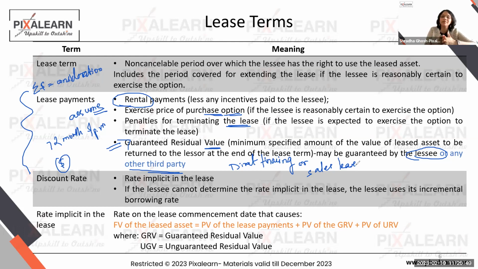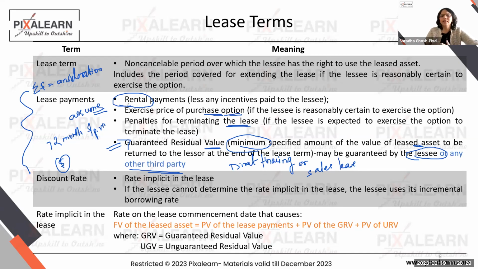If apart from Anirban, let's say there was a finance agreement in which the entire asset was purchased through a bank, and the bank guarantees this minimum value to Tesla on behalf of Anirban, then it's a third-party guarantee, and that is going to be the biggest delta between a sales-type and a direct financing-type lease. We are going to get to this when we discuss the direct financing type and the sales type lease. So right now, just understand it is the minimum value of the leased asset, in my example, the Tesla car, after 6 years. But it is predetermined right now, when the car is given on rent to Anirban from the lessor, which is Tesla company.